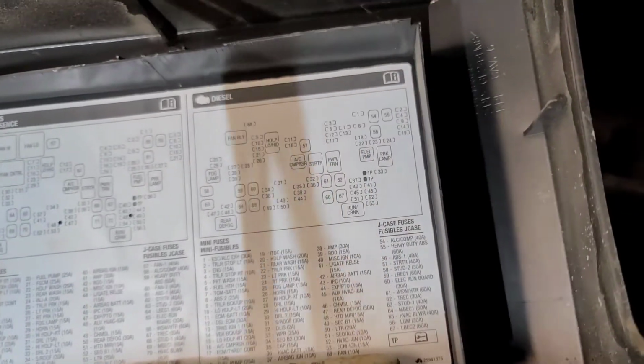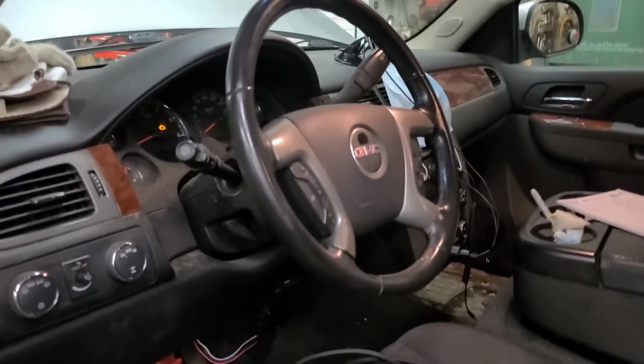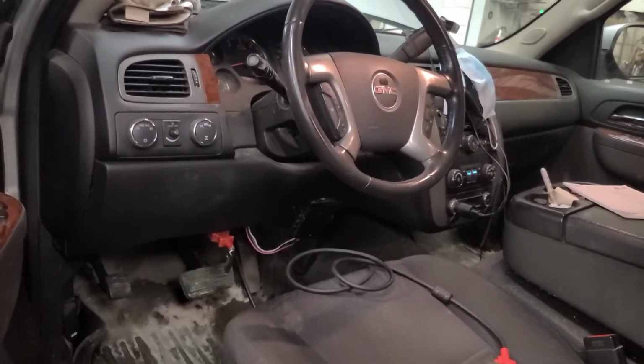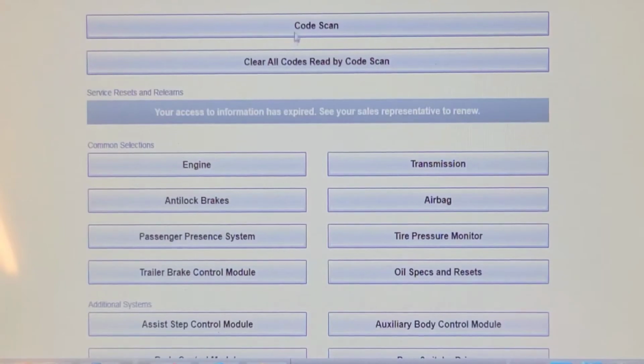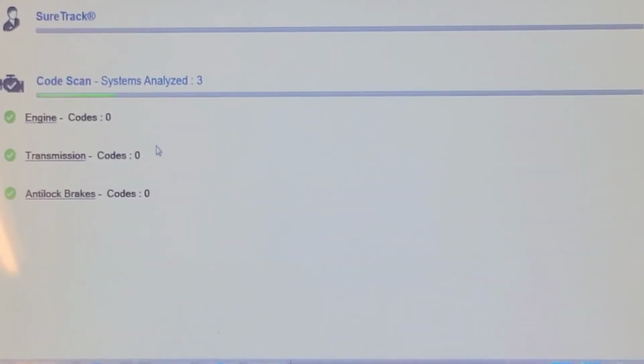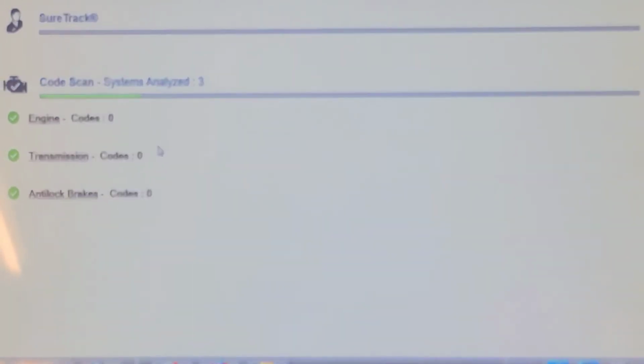So fuse 46 looks pretty clean, and I can see that with the fuse out, the instrument cluster is dead except for the check engine light on. I'm going to scan it now and see what codes it generates with that fuse removed. So here we go with a code scan. Do a post scan now and see what codes it's generating. Now I didn't start it, probably should have. I wonder if it'll actually start with that